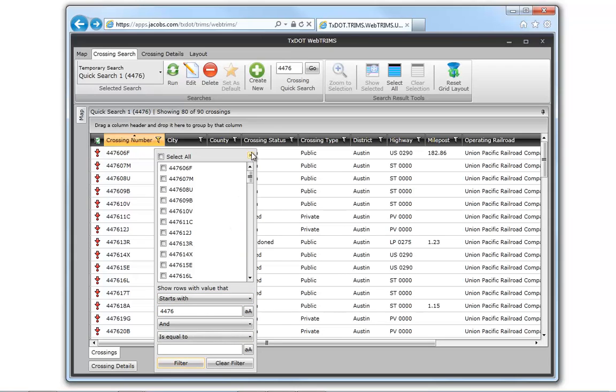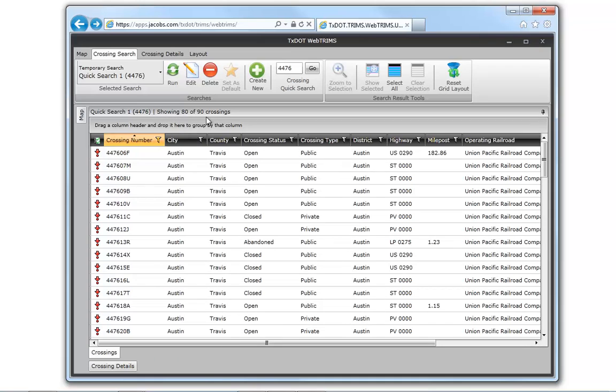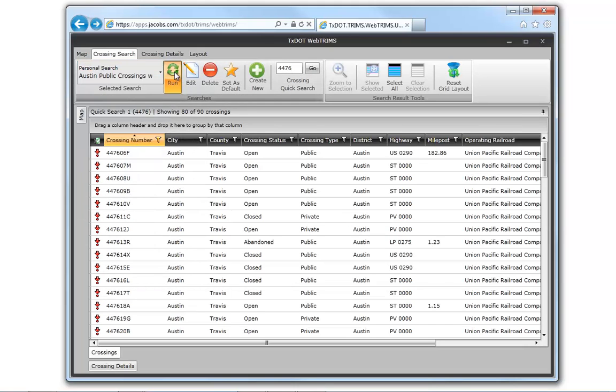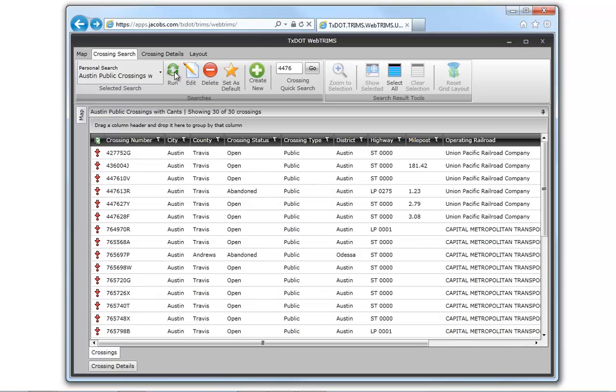And now I'm showing only 80 of the 90 crossings from my quick search, the ones that start with 4476. You'll also notice that in the temporary search list, I now have a temporary search called Quick Search 1 4476 that I can edit and rerun. Now I'm going to go back and run my personal search, Austin Public Crossings with Cantilevers, and that does it